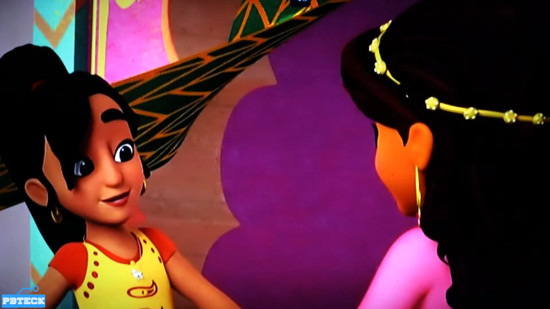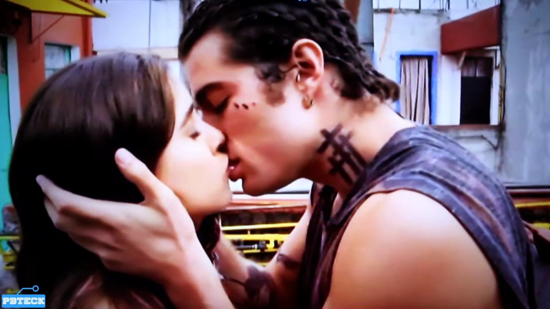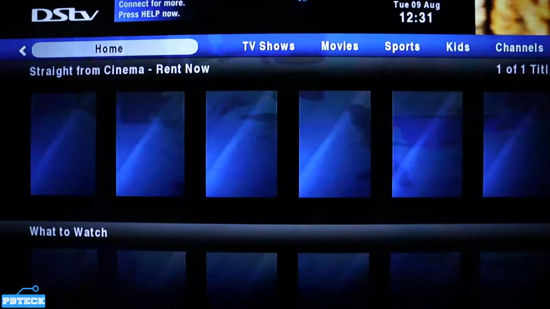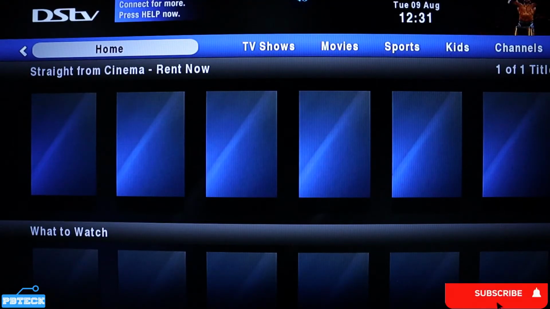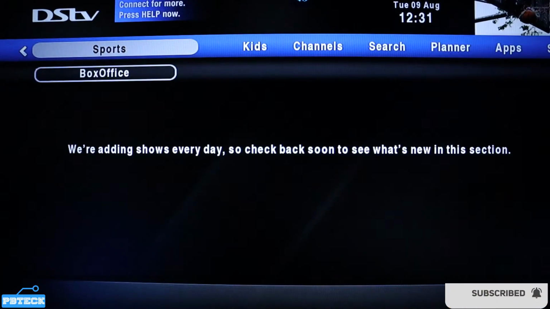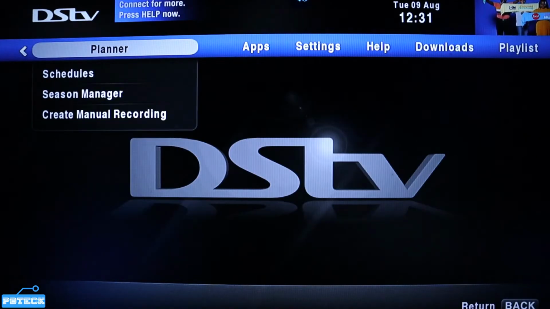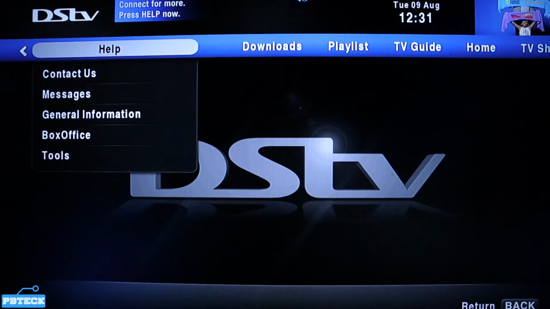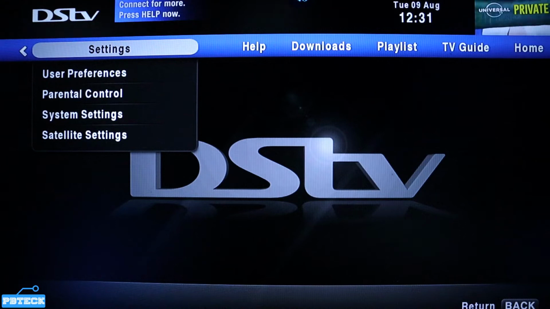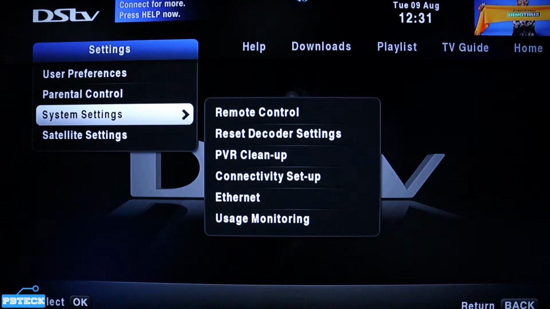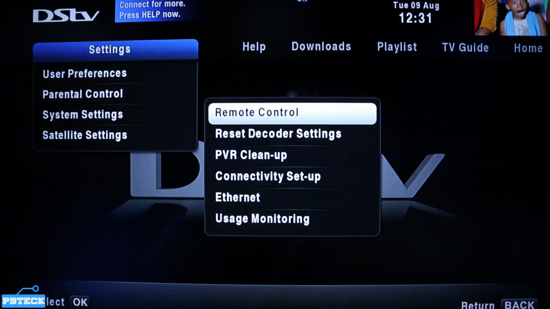So all you got to do is to pick up your remote and you press on your Dstv button. That's the Dstv logo, which will take you to the menu. So when you come here, use the arrow left and right keys and you look for settings. So with the settings, come down to the system settings right here and you press OK on it, and you